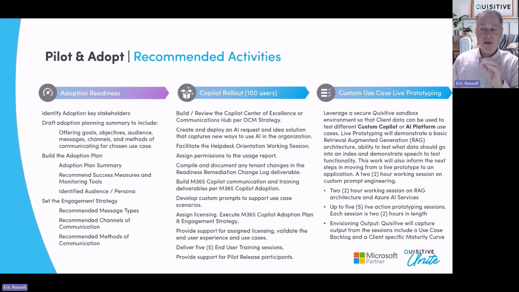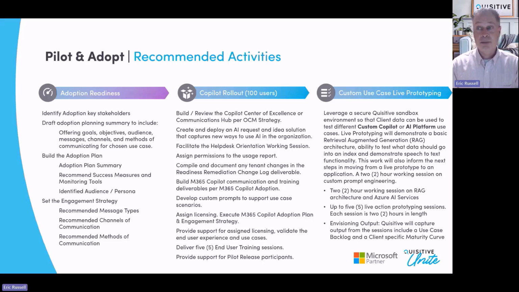What that means is that everything above that and everything in adoption readiness, we would recommend that you do before the license assignment. Now, sometimes you don't have the luxury of time to be able to cover off on those activities in that order, but we would certainly recommend that as part of any rollout that you put some consideration around informing your help desk that these licenses are going out and assigning permissions to the usage report beforehand. So again, there's some thought and intention here into the order of the activities that are on this slide. Adoption readiness first, Copilot rollout second. You do those two activities plus the foundation topics that we talked about earlier, and you will have a successful